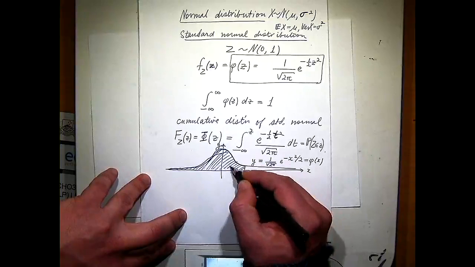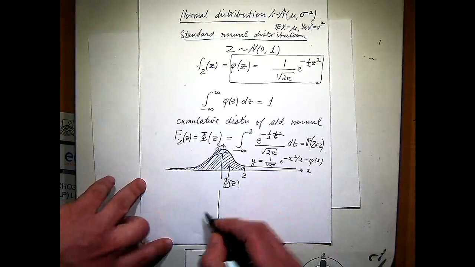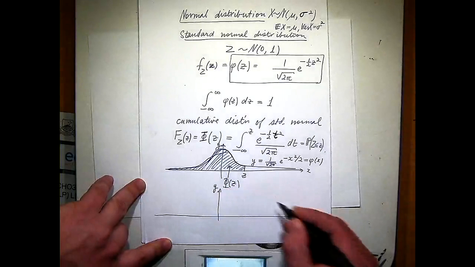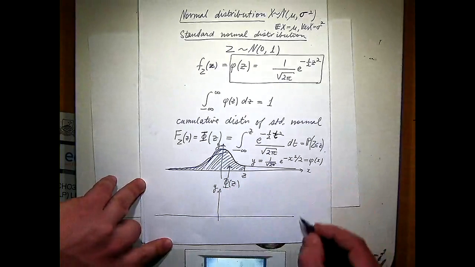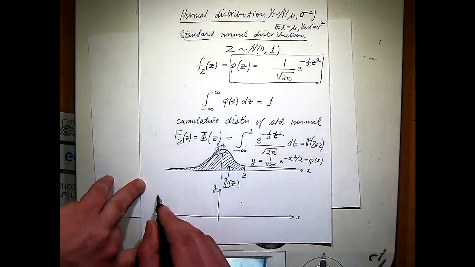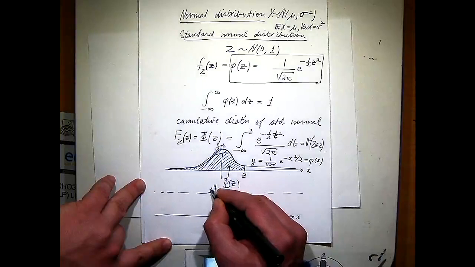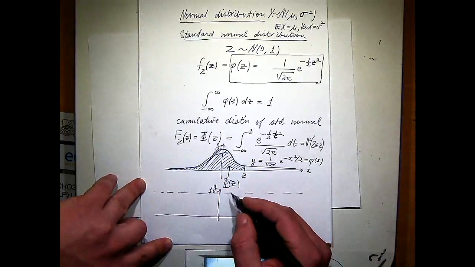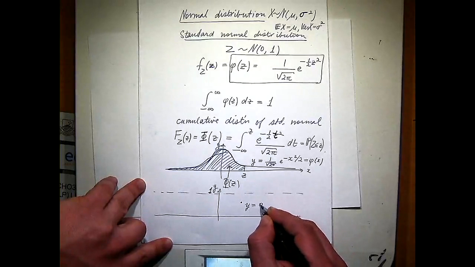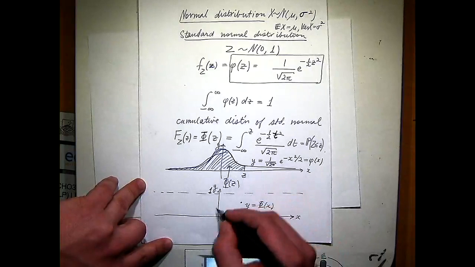So this is z, and that area is capital phi. So the graph of capital phi itself, there's a relation between y and x, and then I have capital phi. Obviously, capital phi is always between 0 and 1. The shape of this curve has a special name. So now if I'm trying to sketch y equals capital phi of x as a graph, then the corresponding thing,